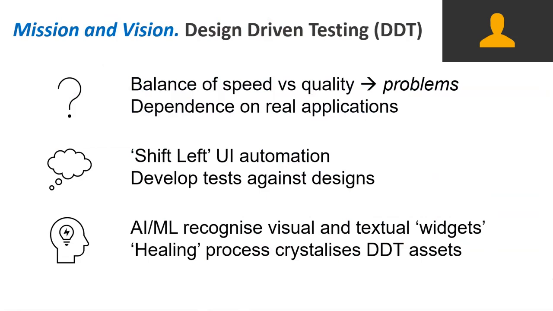And as I say, really that comes down to this dependence on the real applications. And so our developers and our product managers were positing, what if we could shift left UI automation in the same way we've shifted left a lot of other types of testing, and what if we could develop tests against designs? And really it's only in recent times where AI and machine learning has come about that we've been able to think about doing that, because there is no standardized design like in an integration or an API